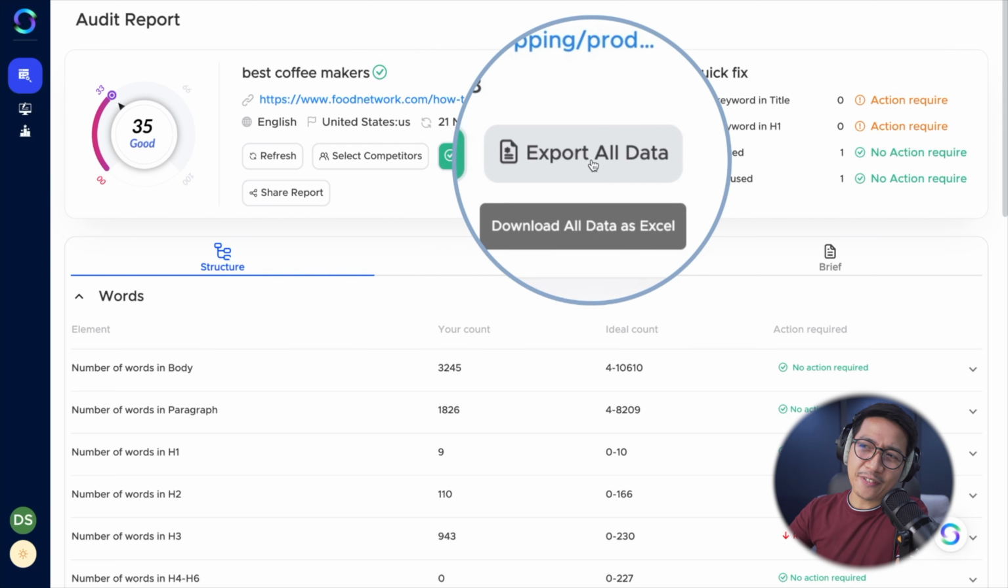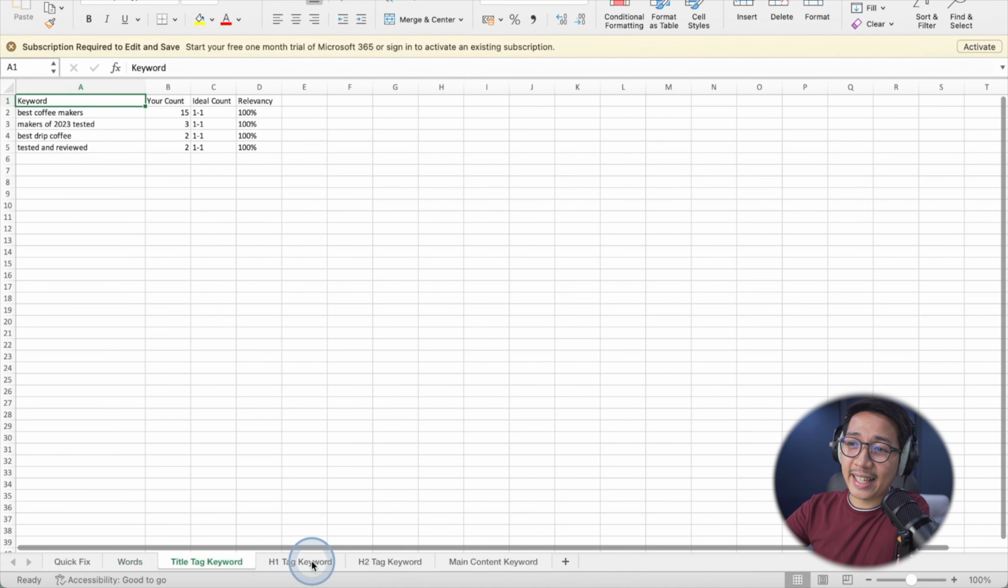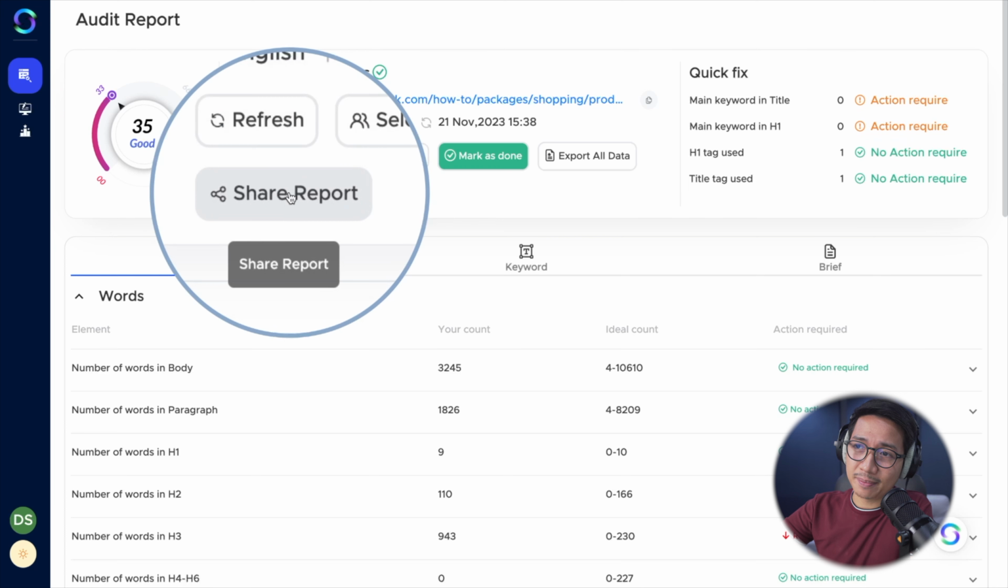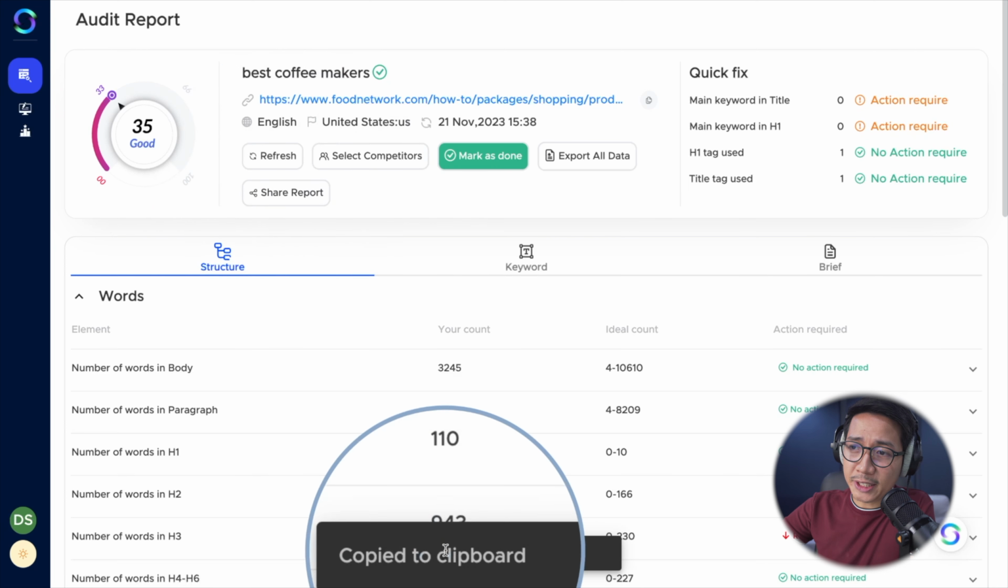You can also export the valuable audit data and use it in your SEO strategy. Look at that. You can share an audit with your VAs and content writers. And once you click that, the link will be copied to your clipboard. And that concludes our tour of Strell's audit